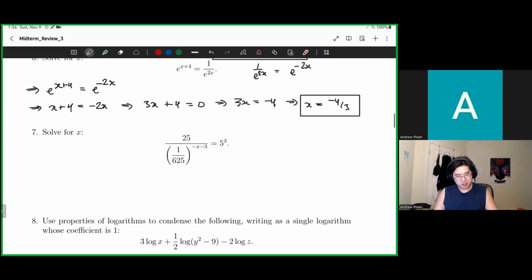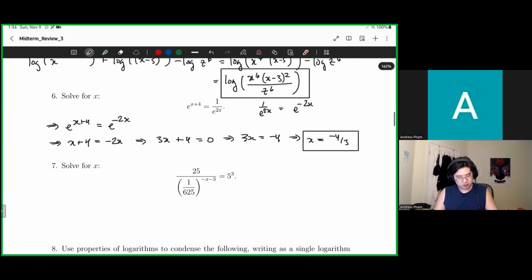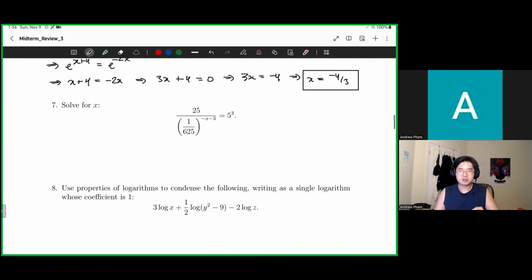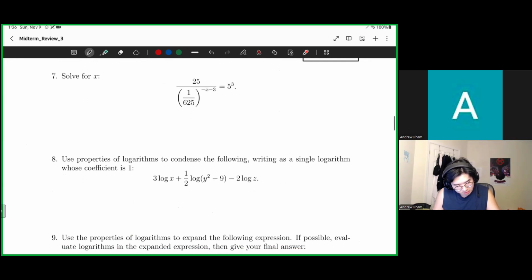All right. So that's solving an exponential equation. We can also do the other type of equation. Well, we're still solving exponential equations, right? We haven't solved the log equation yet. But let's see. So I have 25 divided by this 1 over 625 to the minus x minus 3 and